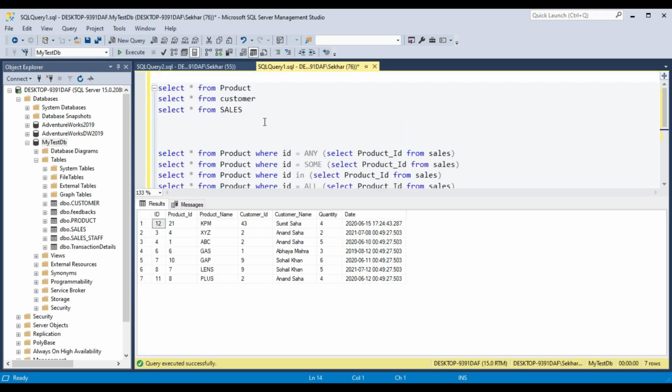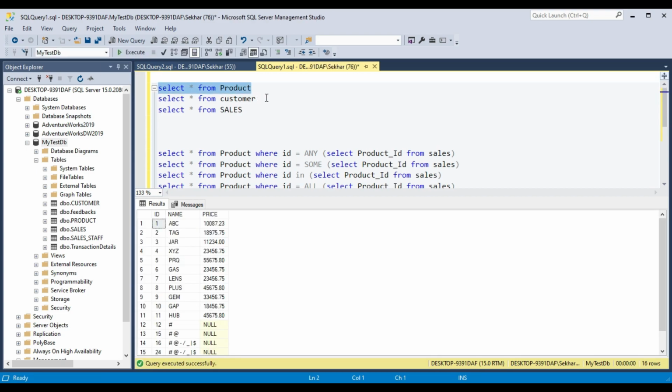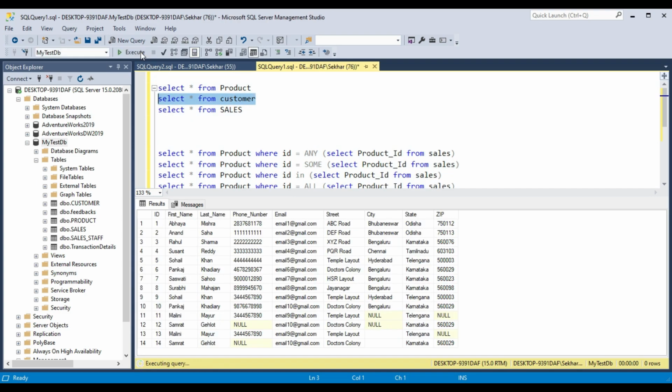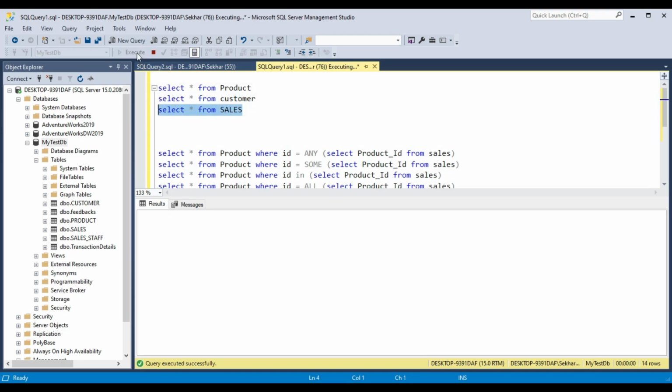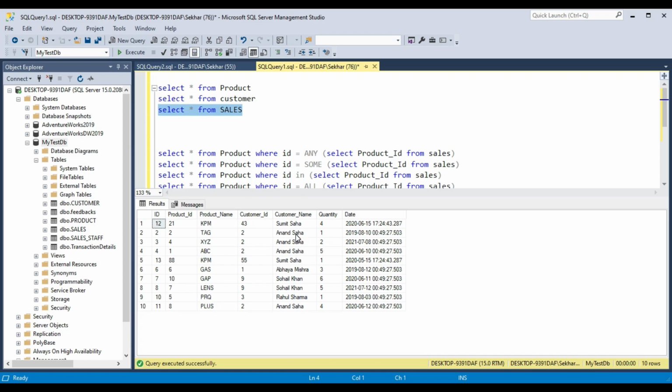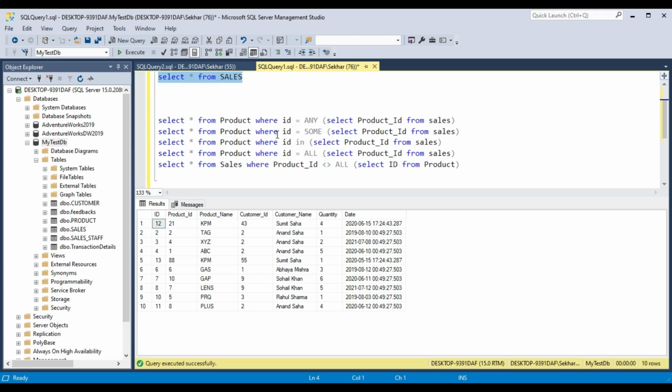For now, suppose I have a few tables here. One is a product table having product name and price, a customer table having customer details, and a sales table which has transaction details, like a customer has made a few orders and we have that data in sales. So these are a few sample subqueries, as you can see.